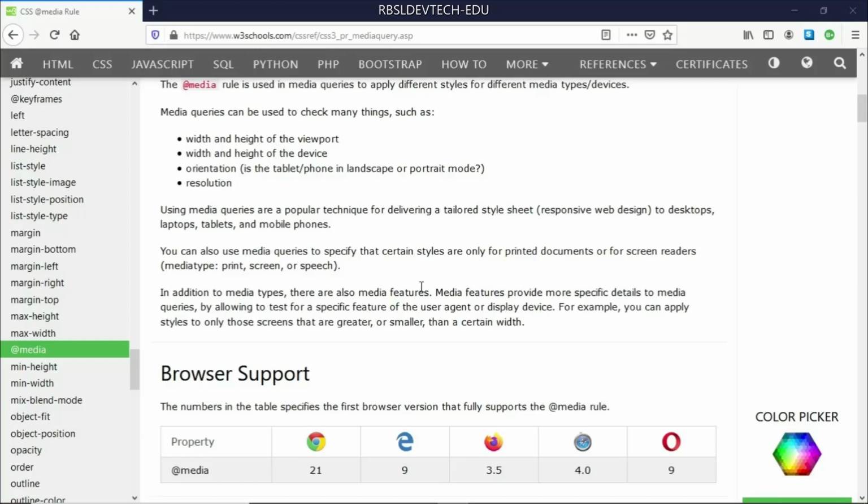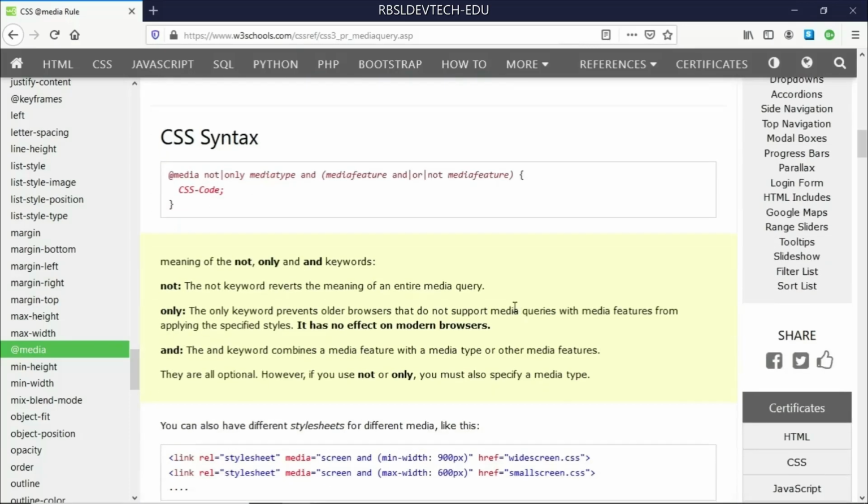We can also see here that besides from media types, we also have media features, and media features provide more specific details to media queries by allowing to test for a specific feature of the user agent or display device. For example, you can apply styles to only those screens that are greater or smaller than a certain width. So if we go down here, we can see the